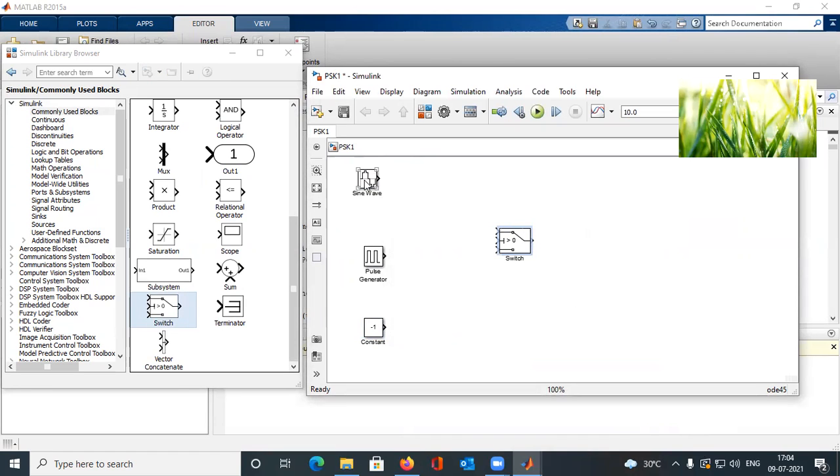This switch is basically needed to switch between positive sinusoidal wave and negative sinusoidal wave according to this pulse. When this pulse is in the positive half, we will see the positive sinusoidal wave, and when pulse is negative, then we will see the product of -1 and the sinusoidal wave. So let's connect.